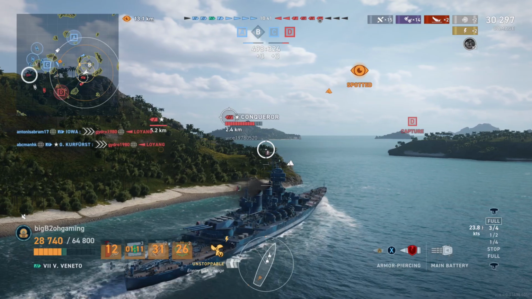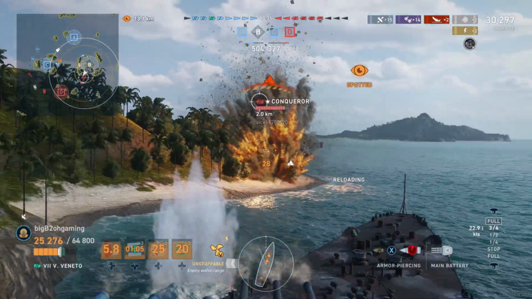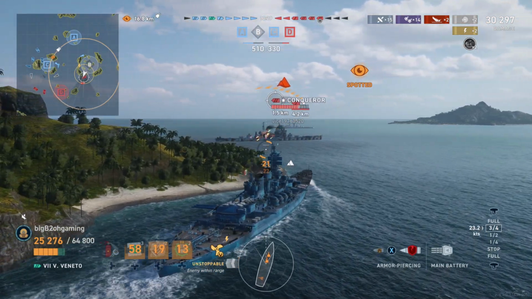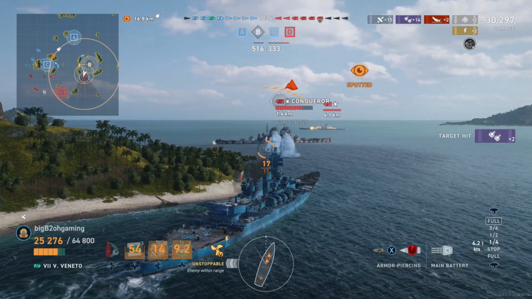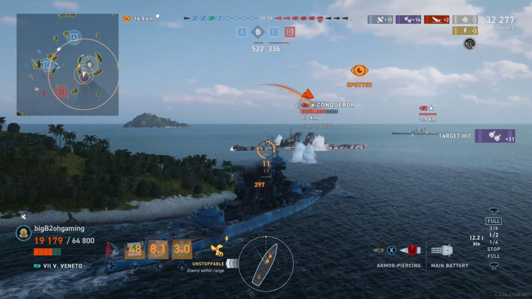Coming around this corner, I do know there is an enemy Alaska out there, so this drive-by will not be very easy. He is just reversing flat broadside. Unfortunately, I am impatient and I shoot the island, which sucks because that first salvo, if I was able to actually clear the island, would have been very helpful in being able to get rid of this Conqueror as quickly